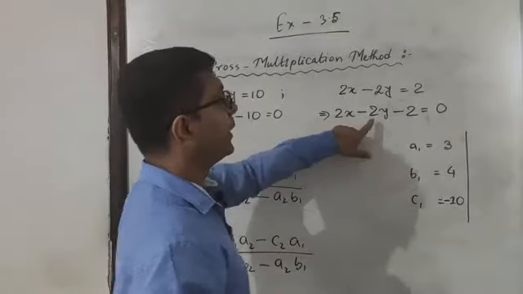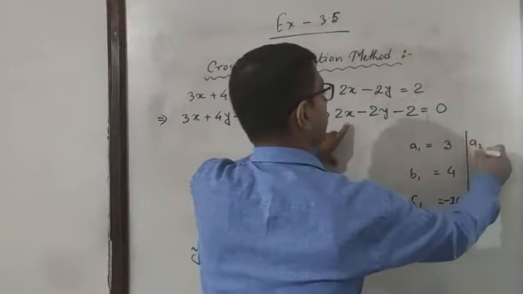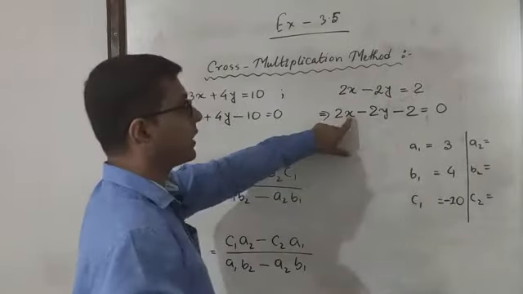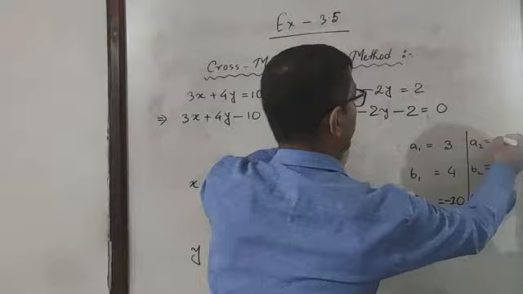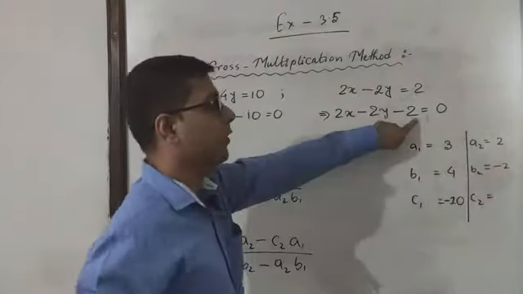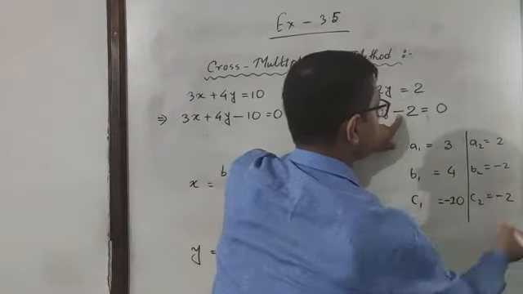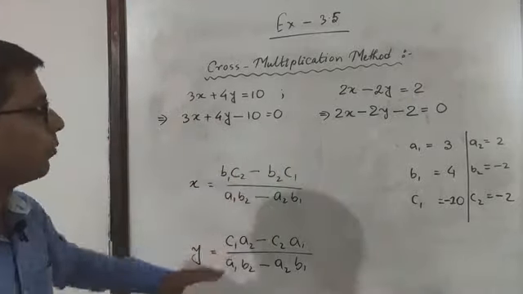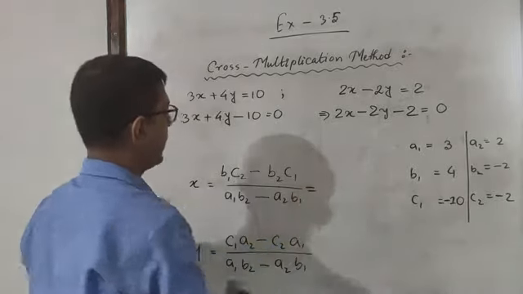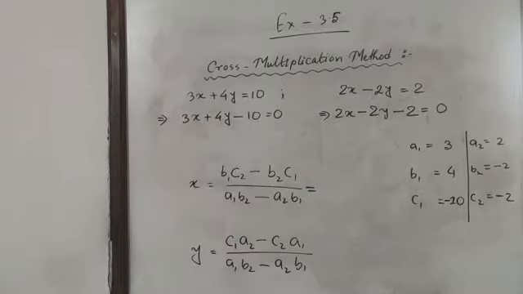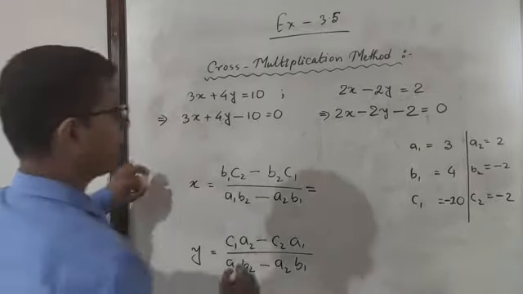और यहाँ पे a2, b2 और c2 क्या क्या है, हम देख लेते हैं। सबसे पहले, what is a2 here? That is 2. What is b2 here? That is minus 2. And what is c2 here? That is minus 2 once again. ठीक है, now let us substitute those values here in the formula। ये हमने x equals to लिखा था, तो हमने फॉर्मूला लिखा है यहाँ पे, और फॉर्मूला में हमें इनकी वैल्यूज सब्स्टिट्यूट करनी हैं।